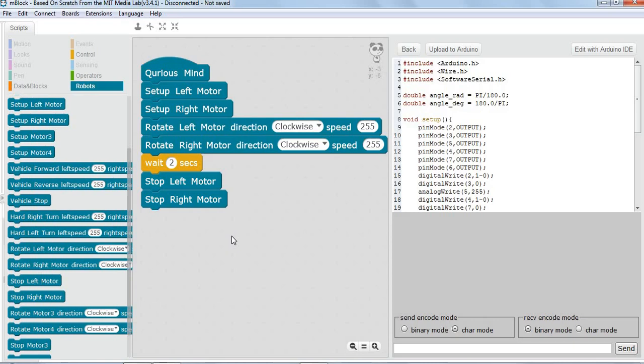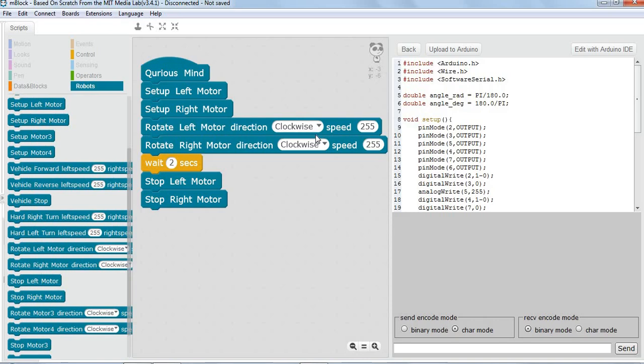If you observe, the right hand side wheel is rotating in a clockwise direction. So if you look from the right hand side, when the vehicle is moving forward, you can see the vehicle's wheel is moving in a clockwise direction. Because here I'm not giving forward or reverse direction, I'm saying clockwise or anti-clockwise. So I need to understand how the wheels move. So right motor is moving clockwise,